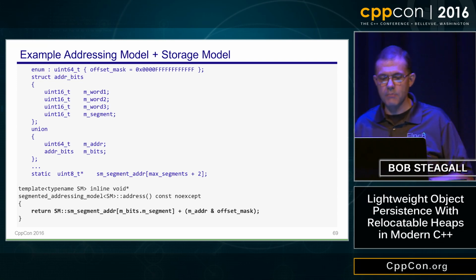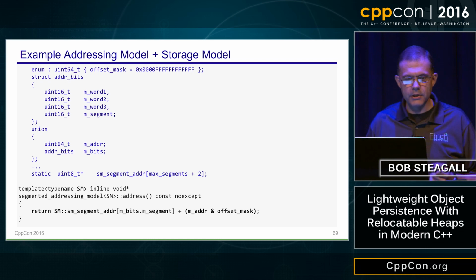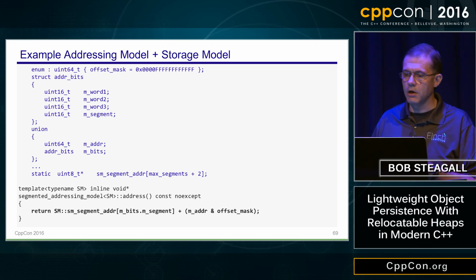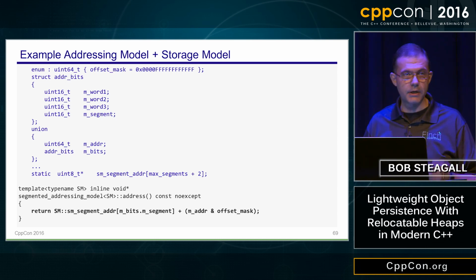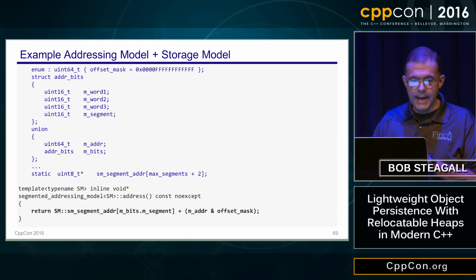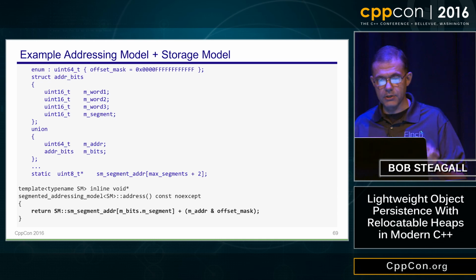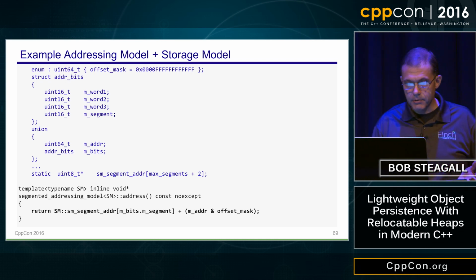So how are the addressing model and the storage model tied together? At the top of this, the code in blue represents some snippets from the addressing model and the storage model. The first part above the ellipsis is from the addressing model, and below the ellipsis is from the storage model. I've provided this here so you can understand how the addressing model computes an address. This is the function in black at the bottom, and I've bolded the computation. As you can see, it's a pretty simple operation.